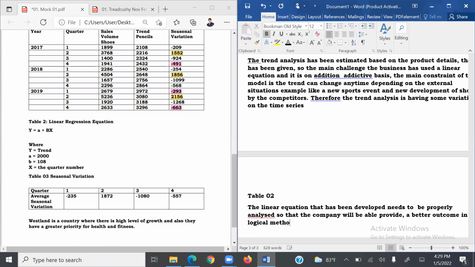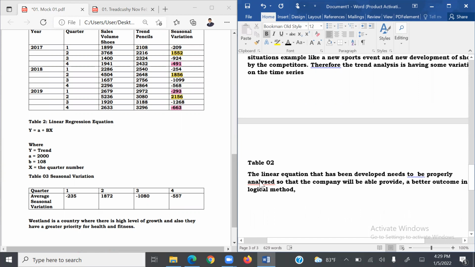So get that point of view very clearly, students. A better outcome in a logical method,